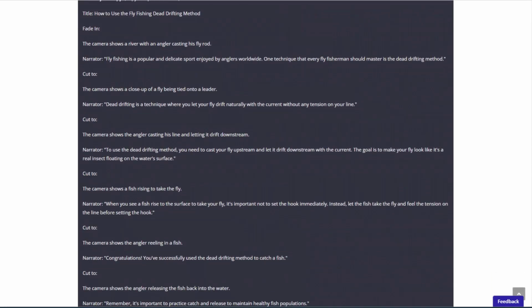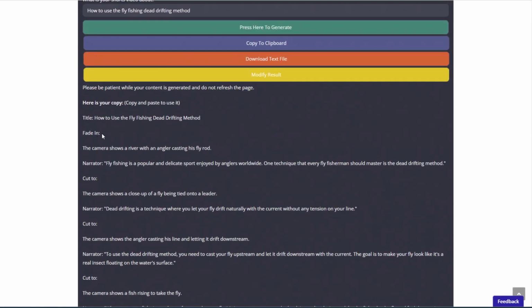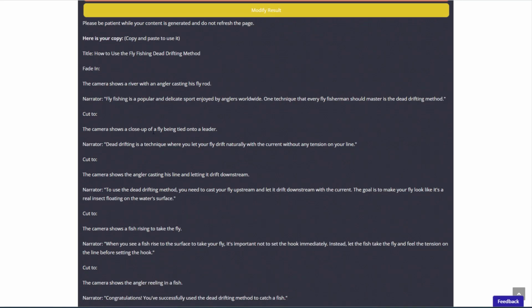All right, so here we go to fade in. The camera shows a river with an angler casting his fly rod. Fly fishing is a popular, delicate sport enjoyed by anglers worldwide. One technique that every fisherman should master is the dead drifting method. Cut to the camera showing close-up fly being tied to a leader. Okay, dead drifting is a technique where you let your fly drift naturally with the current without any tension on